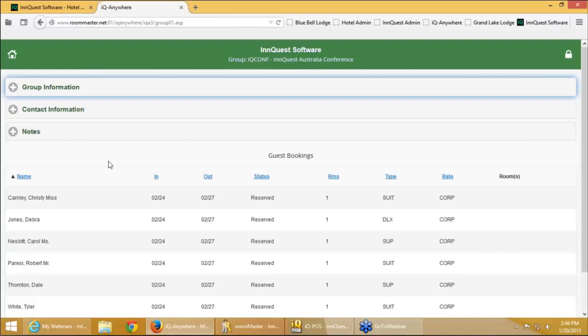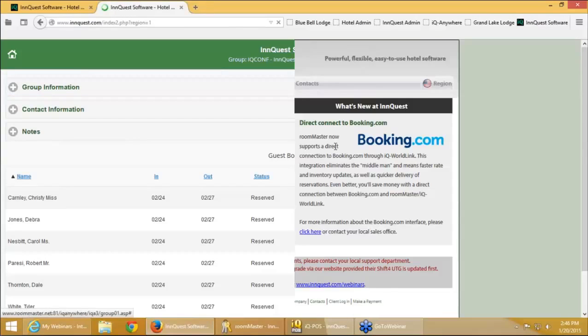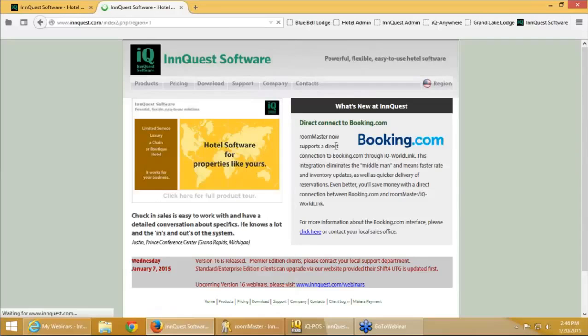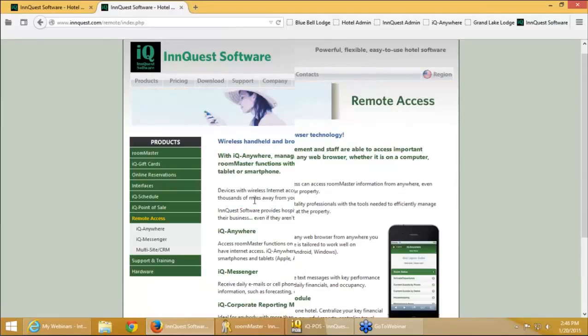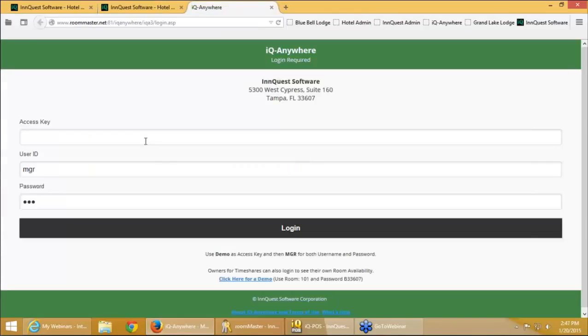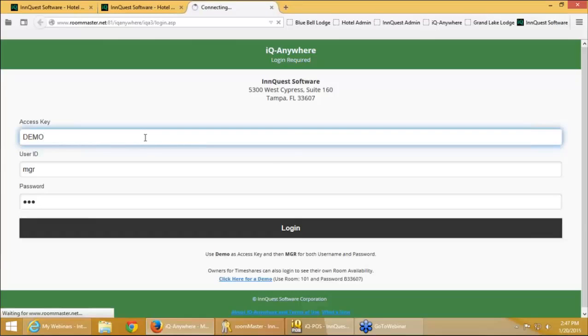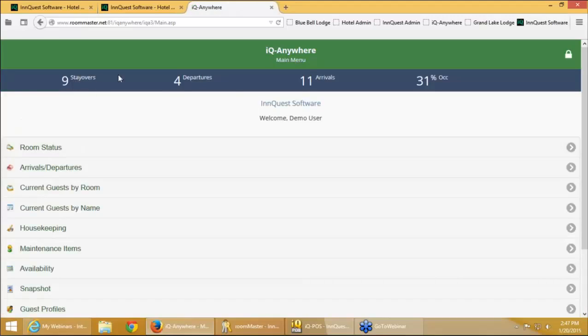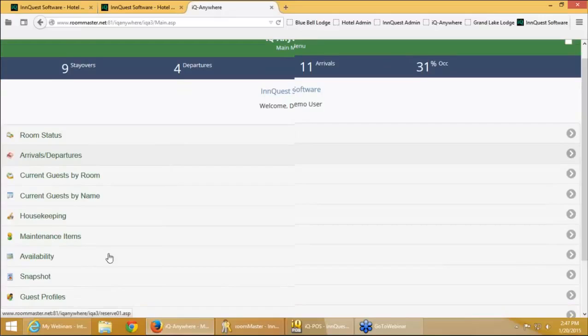While I'm in the IQ Anywhere, I just want to show a couple of things here. So what I'm going to do is jump over to a real IQ Anywhere, not the group manager, but as an employee here. Okay, so some enhancements that we made is we added the status bar here, but on the snapshot, there's also